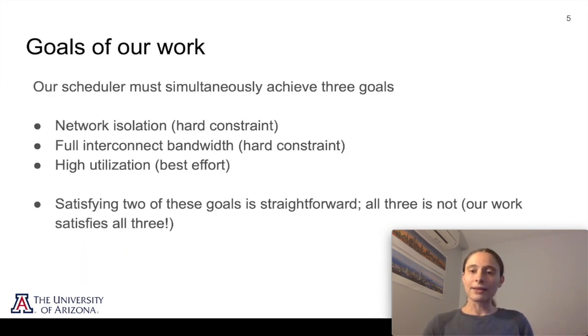So now I'll get into the details of our work. When we set out to design the scheduler, there are 3 goals that the scheduler needs to accomplish. The first, obviously, is that it needs to provide network isolation to jobs, and this is a hard constraint. The second is that it needs to continue to provide full interconnect bandwidth to each job, which is also a hard constraint. And I'll talk a lot more about the full interconnect bandwidth in a minute, but to give the